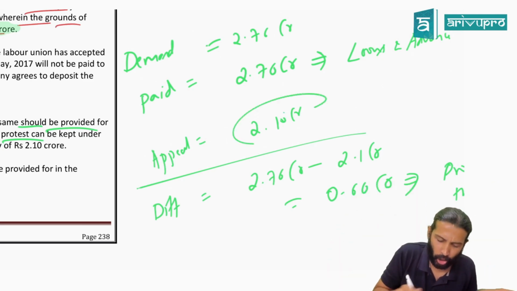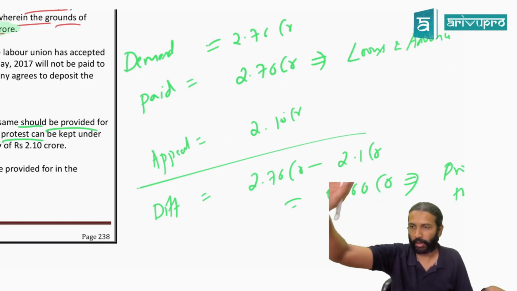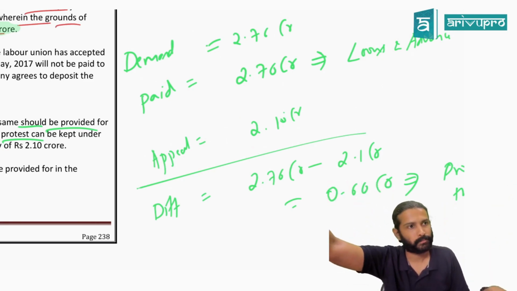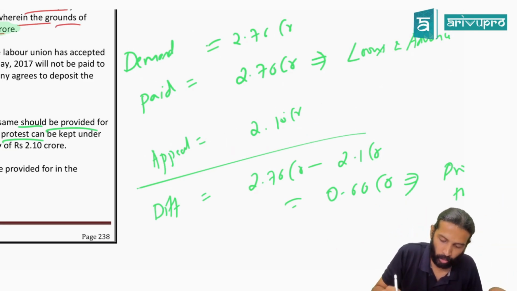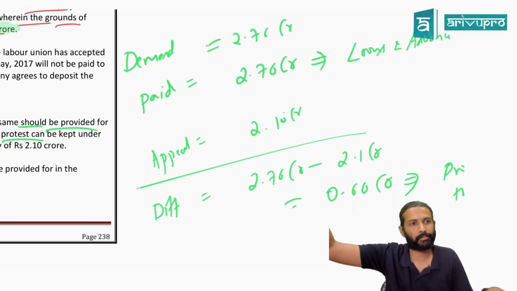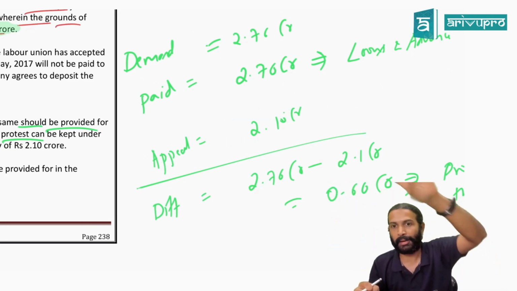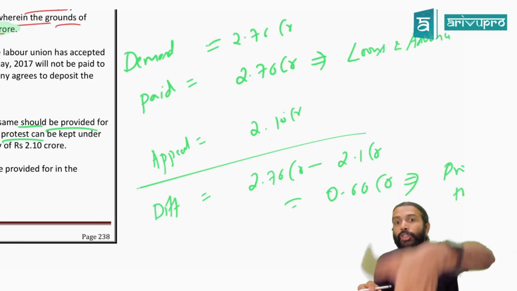Suppose he is not happy with the evidence, what will he say? No. We don't accept, your appeal is rejected. Meaning we will keep the money with ourselves. You lose. So what about this 2.1 crore? Is this 2.1 crore settlement dependent on something else? Yes. It is dependent on what? The appellate authority's judgment. Yes or no?